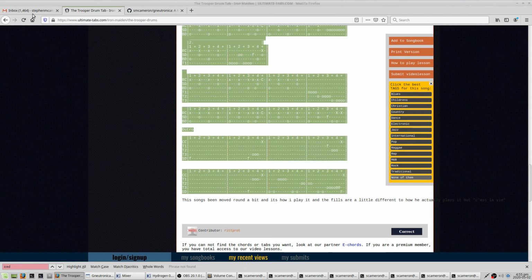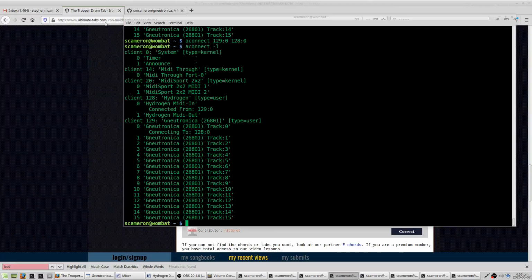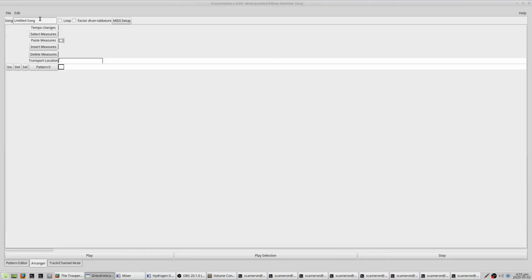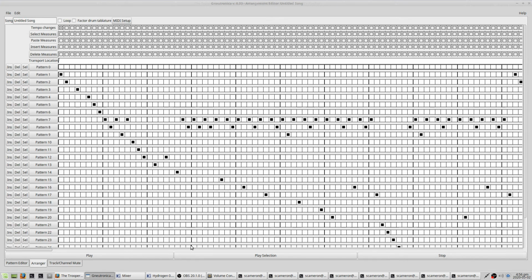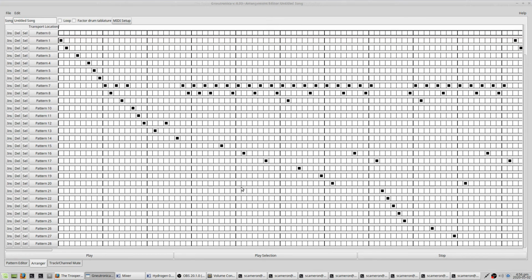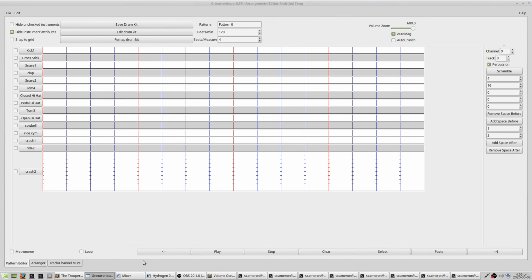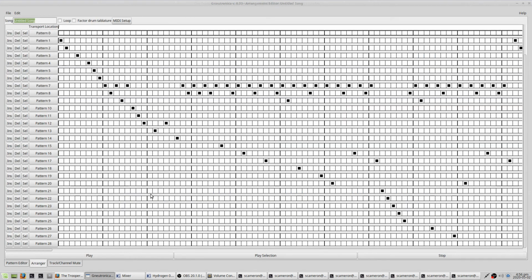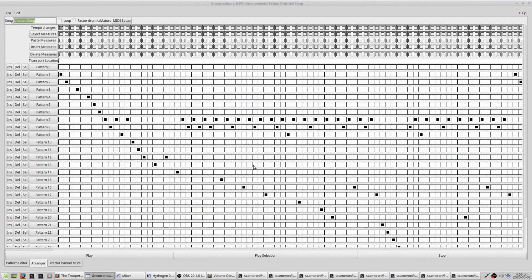We can copy that, and I can go back over to here, and I can say edit, paste, and whammo, it slams it in there. If you look at the patterns, you can see it has parsed all that data, made them into patterns, found out where all the duplicate patterns are, and arranged it. That's pretty cool. So if I play this,